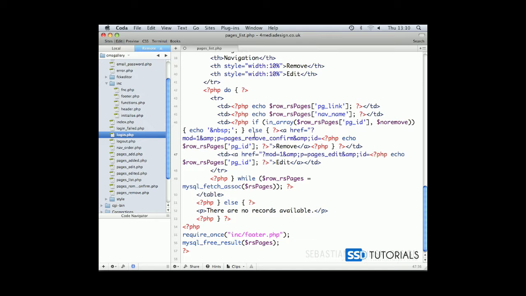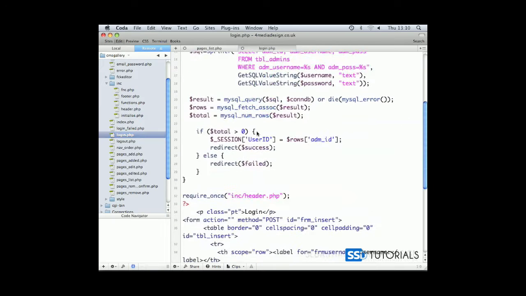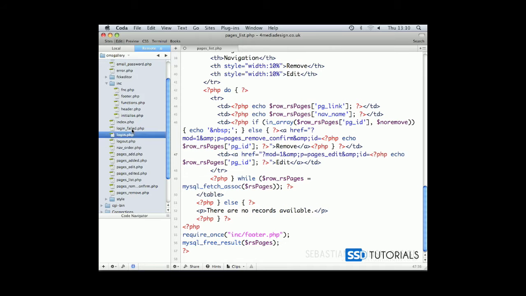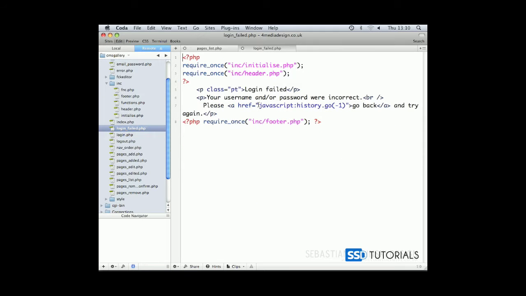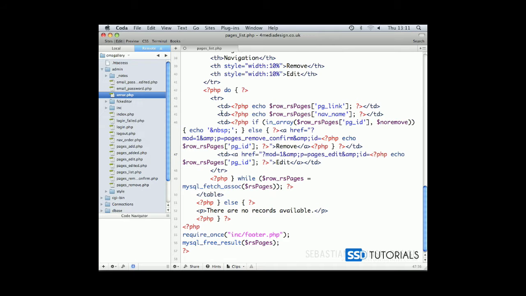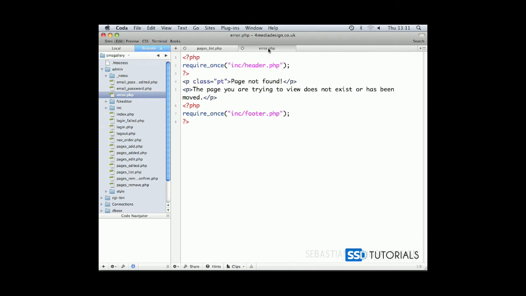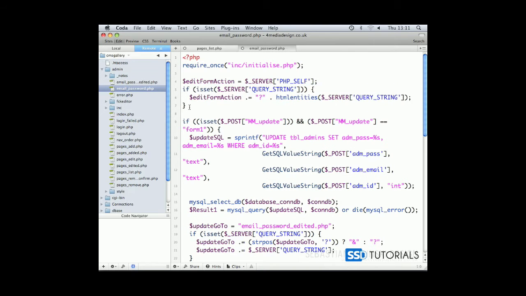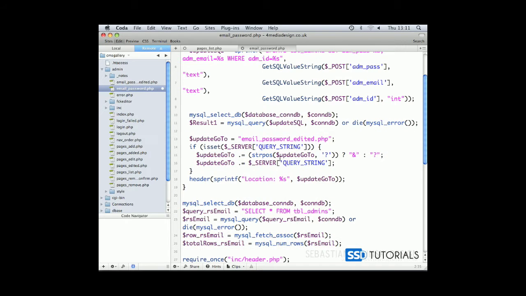Login page, I think we've got everything sorted out here. Yeah, redirect. It's all good. Login failed. JavaScript's here, so that's fine. Index, we've just got a little bit of code. Error, hasn't got any links. Email password. Form action can be removed. Redirection to